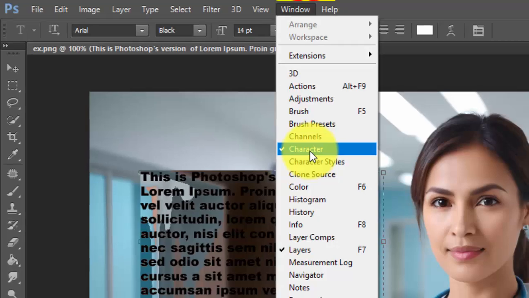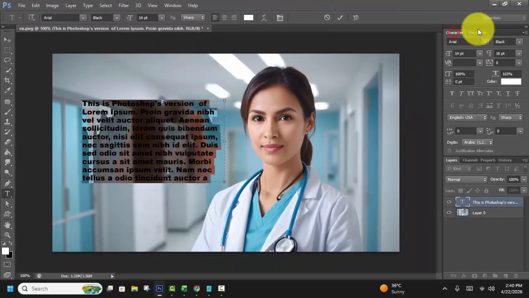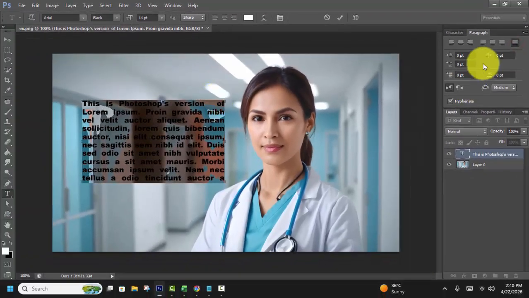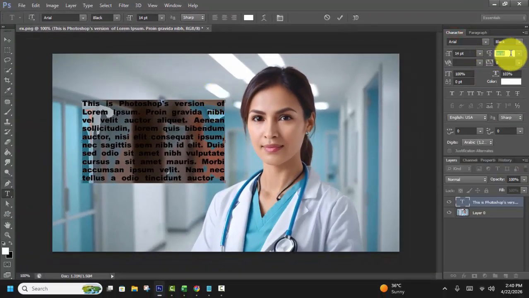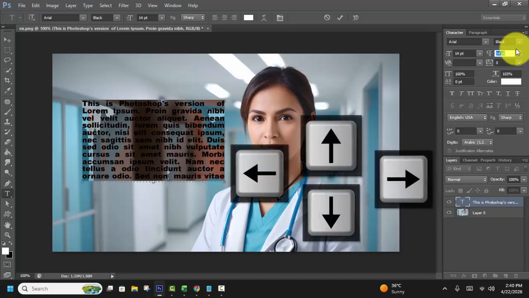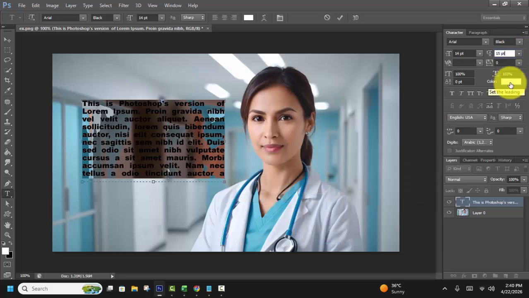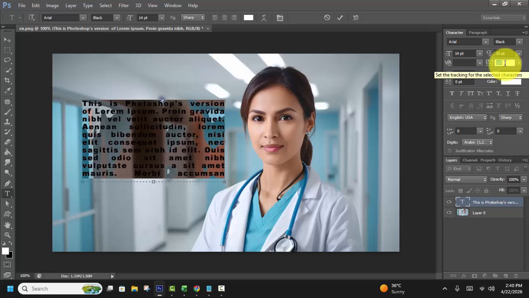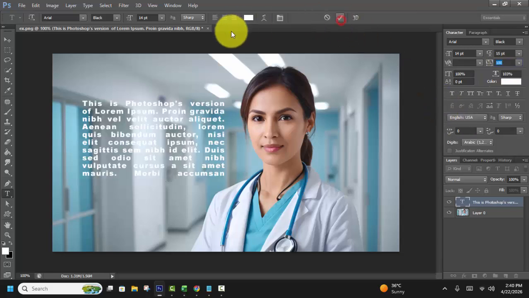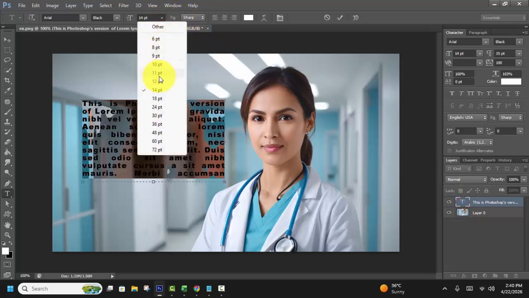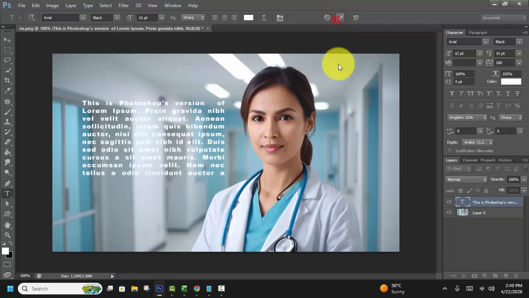go to window tab, use character panel, then show this character panel, fill, line spacing, up and down arrow key, tracking, okay, increase the text size again, increase or decrease to this text size,